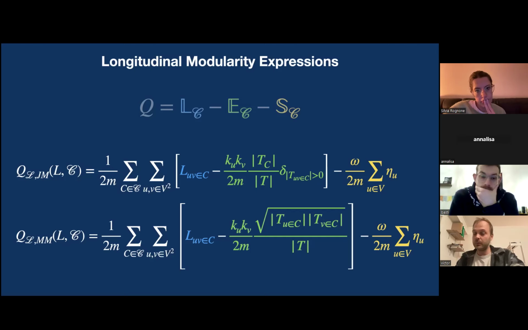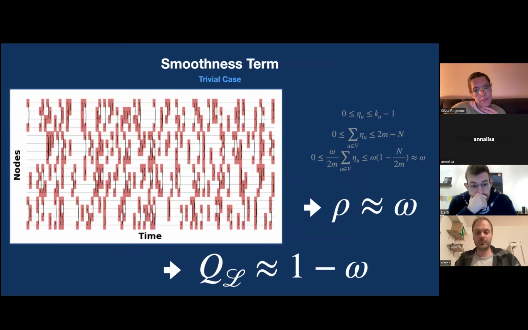But the blue term will remain the same. So the penalization term of the expectation will be reduced to nothing. So the blue term will be maximum, and in our example it will be equal to 2m if we put every node in the same community, since they only interact together. And so we will have 2m on 2m, which will be equal to 1. It's not exactly equal, but it will tend to 1, sorry. Okay. Clear.